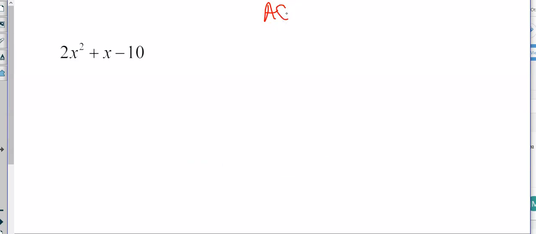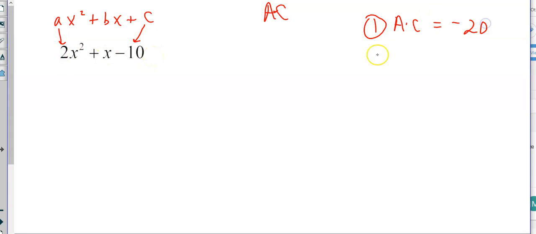So the AC method. The way that works, it's based off of, do you remember doing quadratic formula when you had ax squared plus bx plus c, where a is the coefficient of x squared and c is the constant at the end? So when I say a times c, or AC method, the first step is do a times c, which in this case would be 2 times negative 10, which is negative 20. Second step, factor